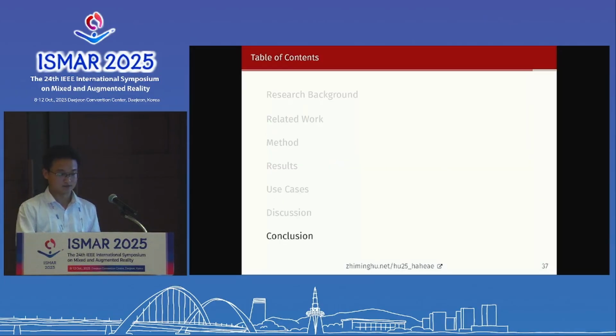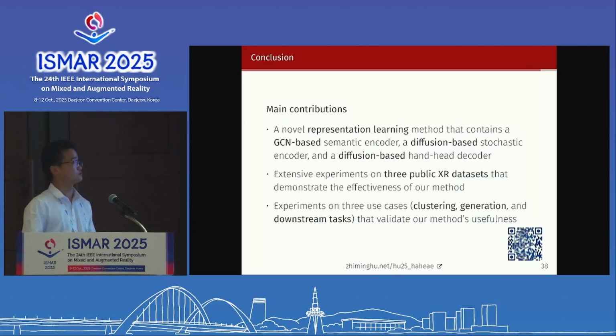Okay, so let's come to the conclusion. The main contributions of our work are listed below. First of all, we propose a novel representation learning method that contains a GCN-based semantic encoder, a diffusion-based stochastic encoder, and a diffusion-based hand-head decoder. We conduct extensive experiments on three public XR datasets that demonstrate the effectiveness of our method. And we also have many experiments on three use cases, including the clustering, the generation, and the downstream tasks, to show the